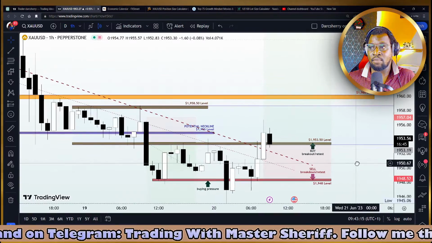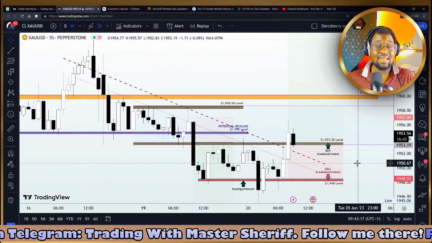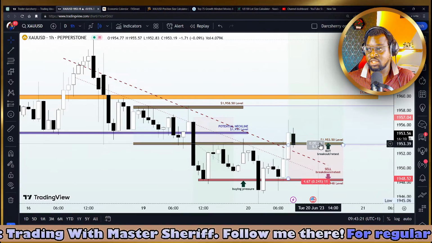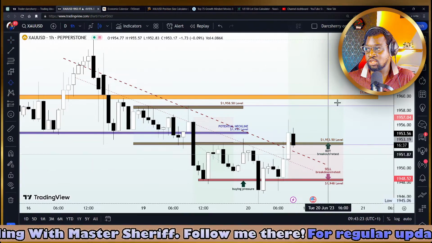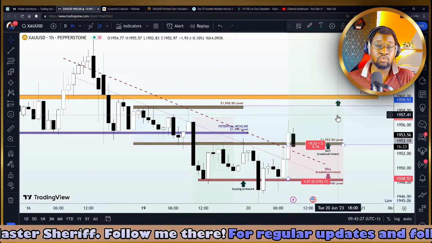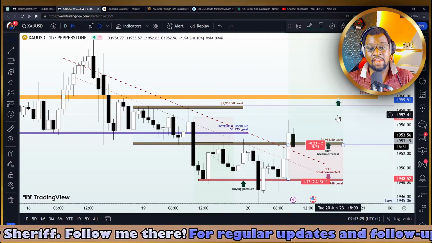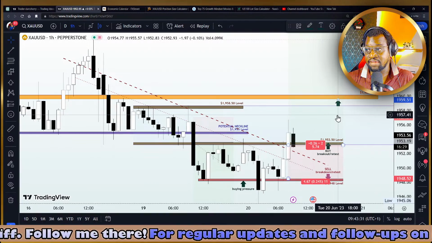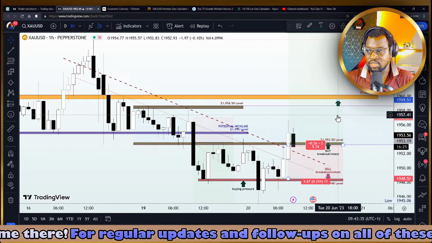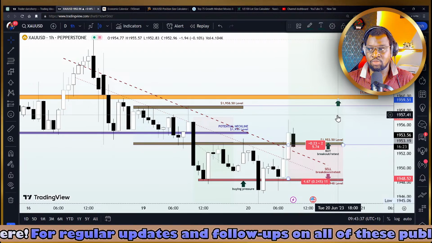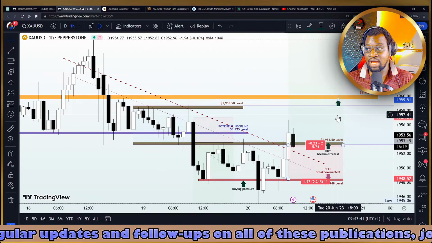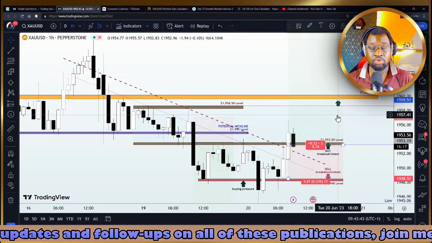And we have multiple entries here, multiple levels where we can use it to maximize the potential of this bullish move. So we also have a structure here at the 1,960, which happens to be our key level for the week. A breakout of that level will definitely welcome more opportunities to buy the XAUUSD today. So that is how we are going to be looking out for buying opportunities. So we want a breakout of the trend line to happen, retest of structure, after which we want to join